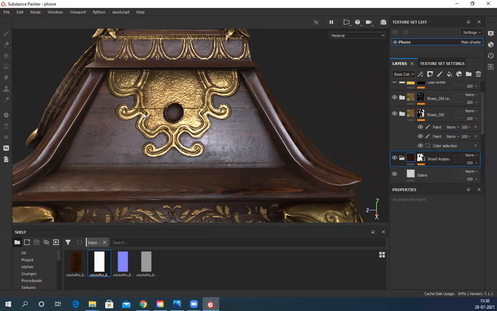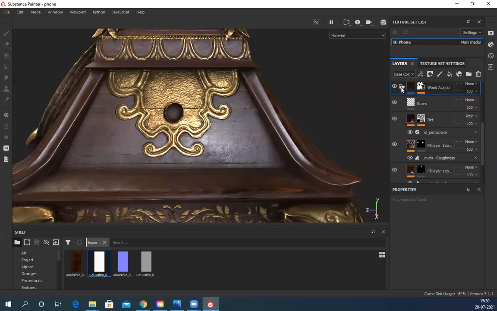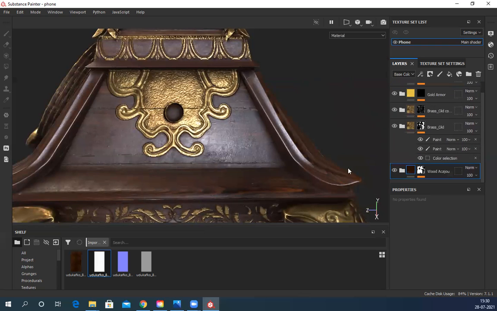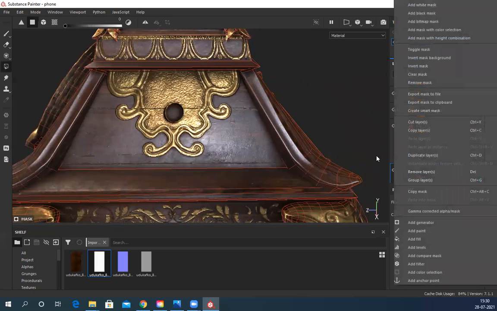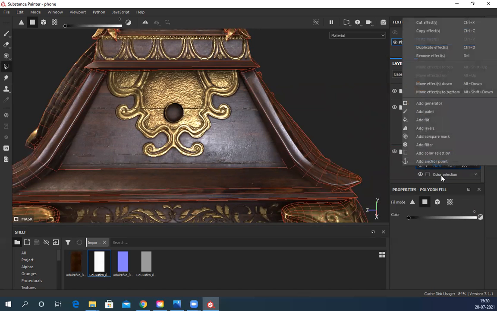If I want, I can definitely remove it. I can use the same selection and get rid of this thing. We already have this color mask. So do we just mask that section then? Let's see. This is my wooden thing, so I just need to get rid of this area. There are multiple ways of doing this. I can just simply add a paint layer, because this color layer is already selected.